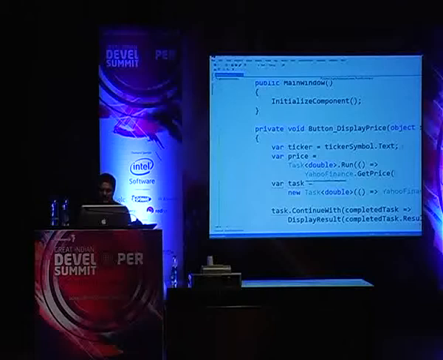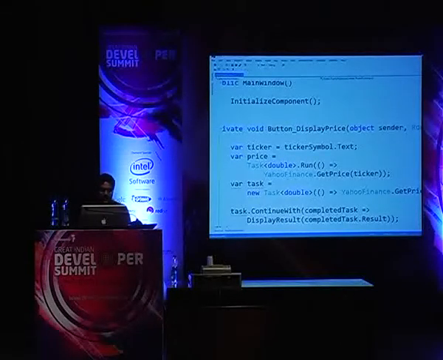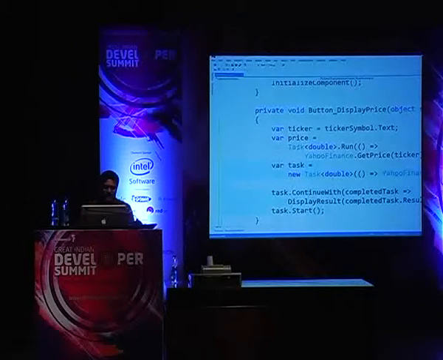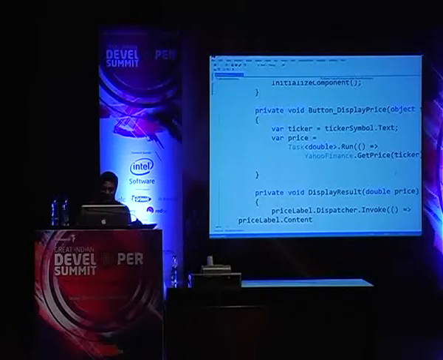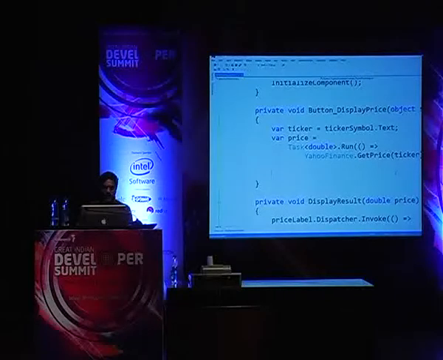But in this case though, what is he going to do? The Run method is going to run the code that I'm providing for him. So I provide the ticker for him, but the Run method is going to return to me a task object. So I could get the task object on my hand over here. But rather than doing that, what I'm going to do is simply remove all this code that we wrote. All this junk goes away. We'll get rid of this in a second because I need that code in a minute. I'll come back to it. But then I go back here and I say, I'm going to simply put this little word here called await.